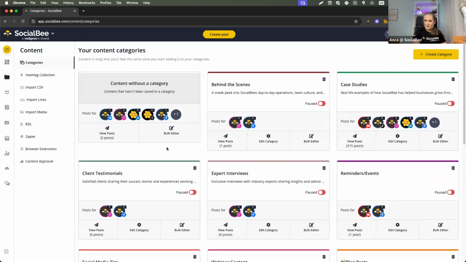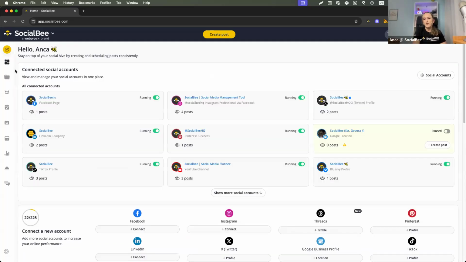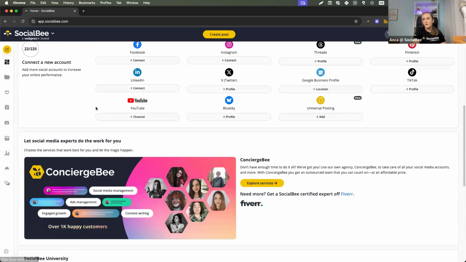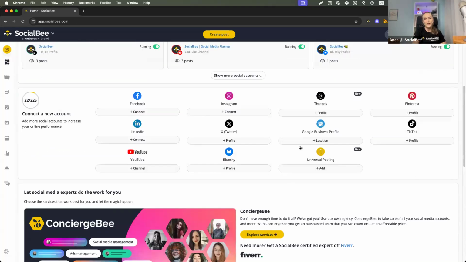If you don't want to use the AI, let's say you already have a strategy and you're not interested in using the AI to start a strategy in SocialBee, you'll have a few options here. Right off the get-go, in the dashboard, you're able to connect your social profiles. And as you can see, you have all the major players here so that you're ready to just add them all on. Including something called universal posting, which is a semi-automated way of posting for platforms that don't currently have